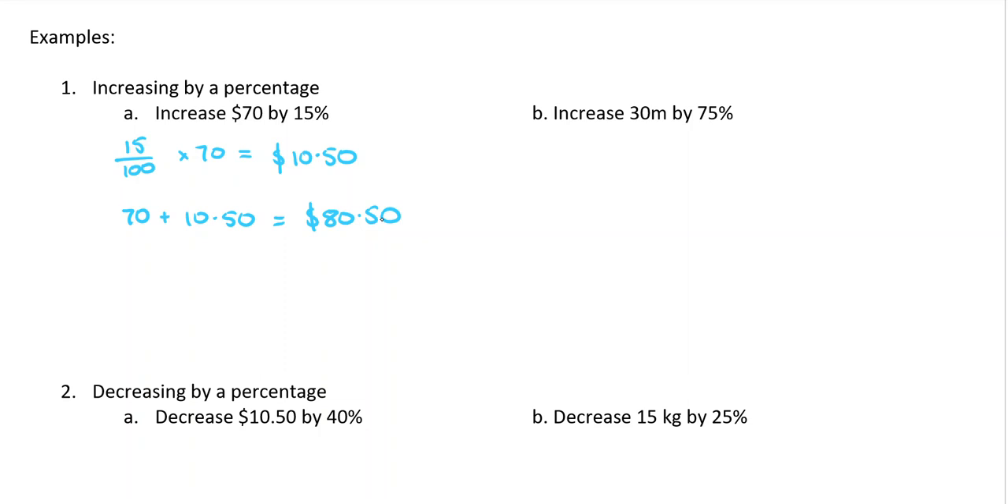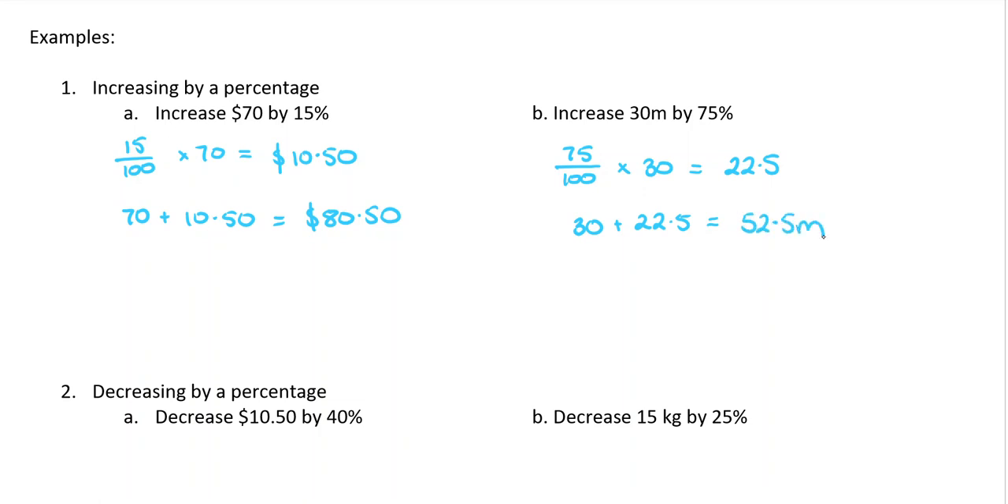So this is increasing 30 litres by 75%. First step, find out what 75% of 30 is. It means times. We've got that times sign in there. Very good. Okay, now because we are increasing, we are going to start with our 30 and add on the 22.5, which makes